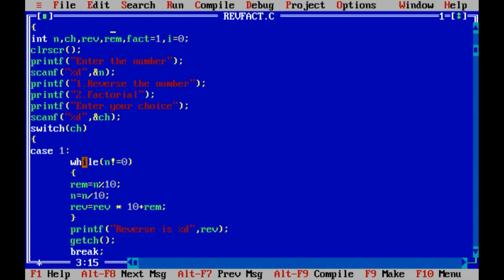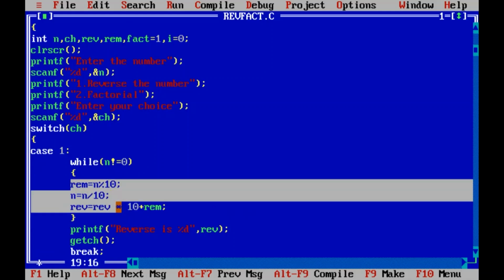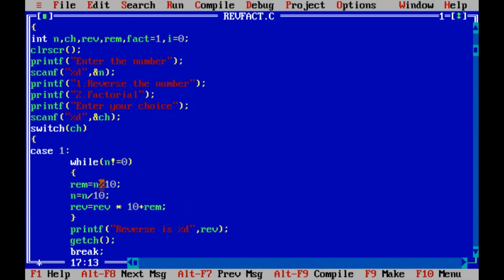As I told before, for finding the reverse of the number, there are only 3 steps. First, we find the remainder with the mod operator. This we have executed in that program. Then you find the quotient using the division operator, and then you find the reverse: reverse multiplied by 10 plus the remainder. So whatever remainder we got in this step will be added to the variable called reverse after multiplying by 10.